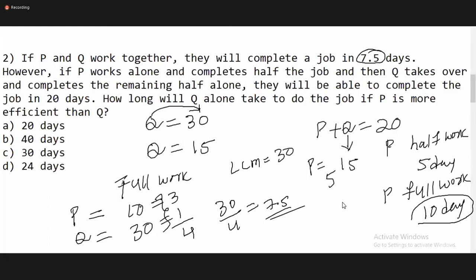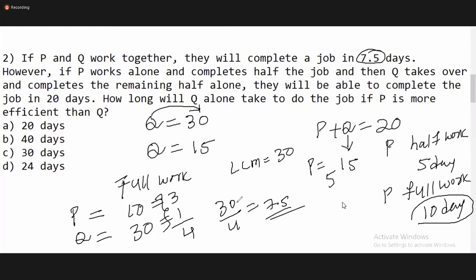I can assure you that 50% of the questions are easily solvable by using the answer options. I can't say 90% or 100%, but for 50% of the questions you can verify the answer, because among 4 options you need to figure out your answer, no? The probability is 25%. You can eliminate the options, right? We can eliminate 40 directly, and we can eliminate 20 directly. Okay, so done with this, everybody?